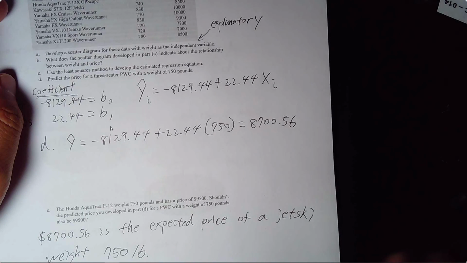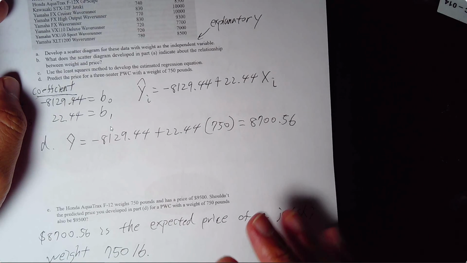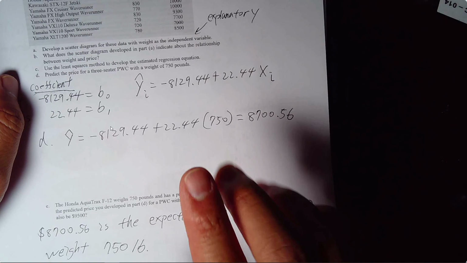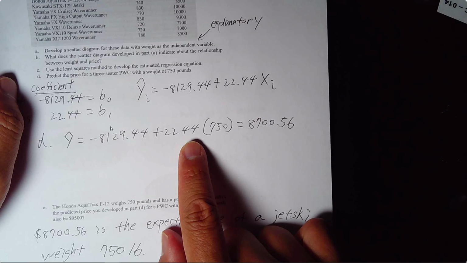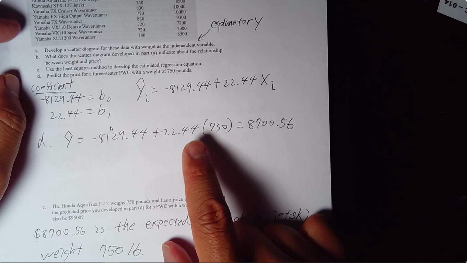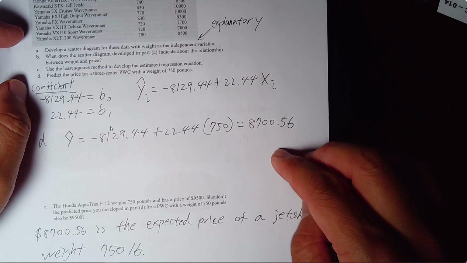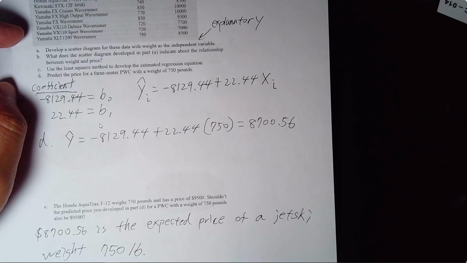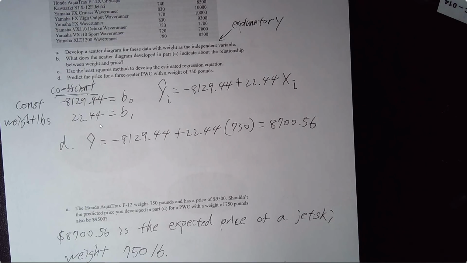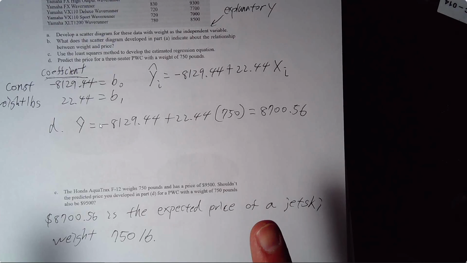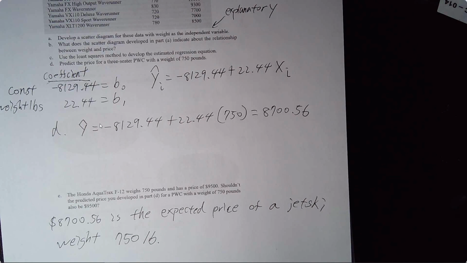So you should be cautious: just because we can exhibit a linear relationship, it doesn't represent a causal relationship. Some of you might have heard the phrase correlation does not mean causation. This is an example of that. The only thing we can say is there's a relationship between weight and price. We cannot say that weight causes price, because if something is heavier,